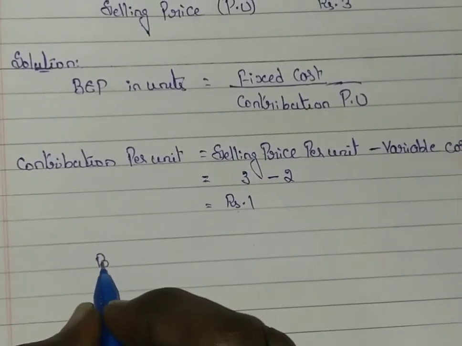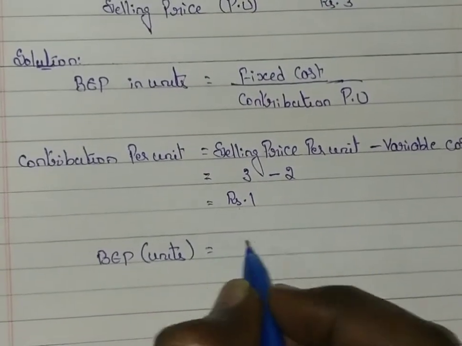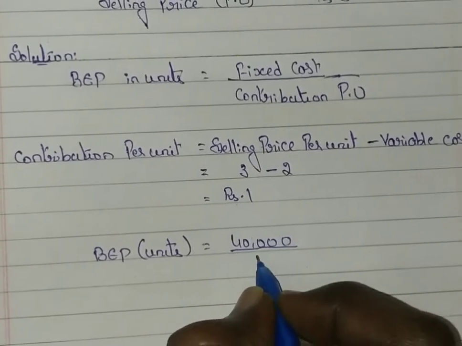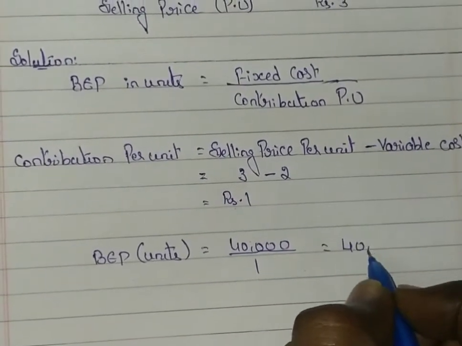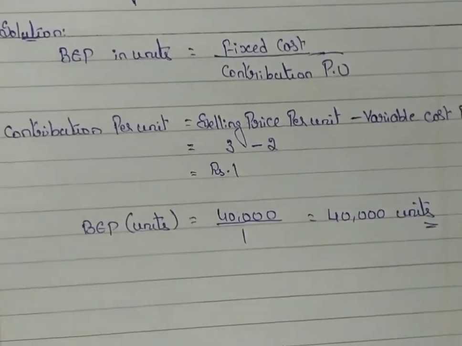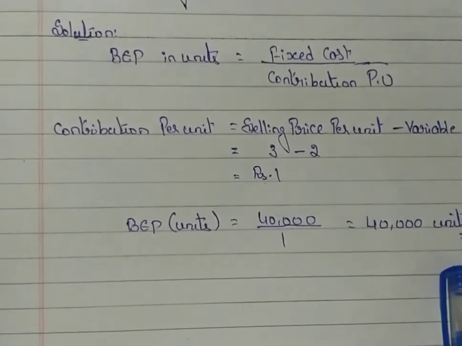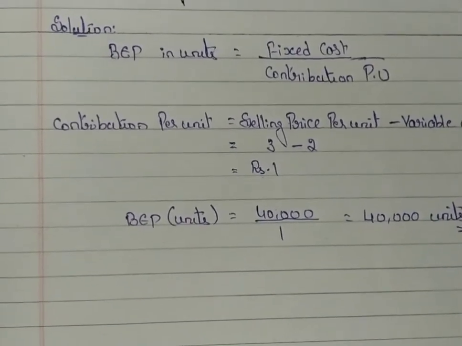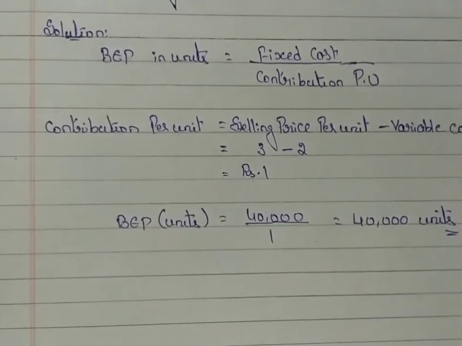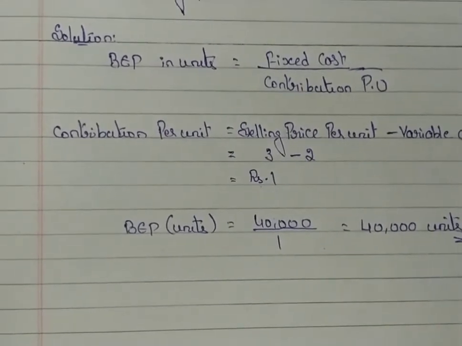Now the break-even point in terms of units is fixed cost, 40,000 rupees, divided by contribution per unit, 1. So again you get 40,000 units. This is the break-even point in units, meaning at the production of 40,000 units you will get the break-even point. Now we have calculated the units at which we get the break-even point,